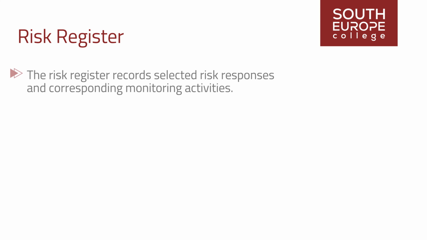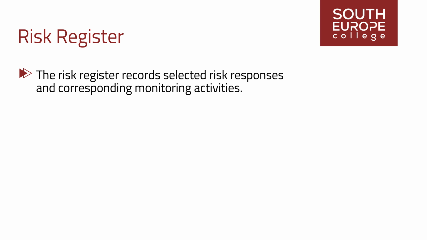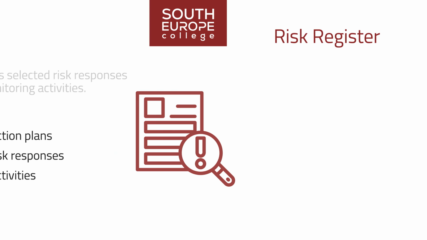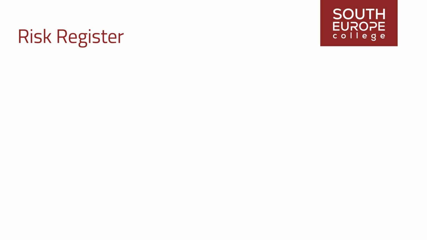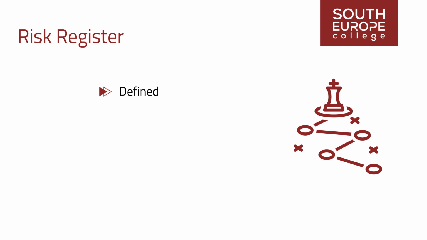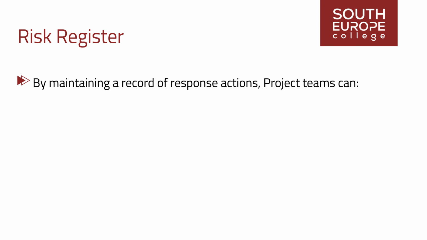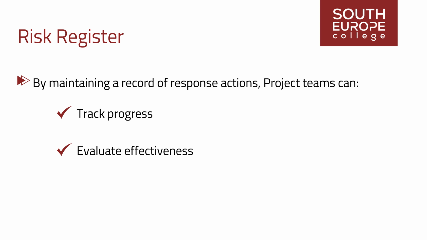In addition to documenting risks, the risk register records selected risk responses and corresponding monitoring activities. All detailed action plans, changes in risk responses, and monitoring activities are logged into the risk register. This ensures that response strategies are clearly defined, assigned to responsible individuals, documented, and monitored throughout implementation. By maintaining a record of response actions, project teams can track progress, evaluate effectiveness, and make adjustments as necessary to